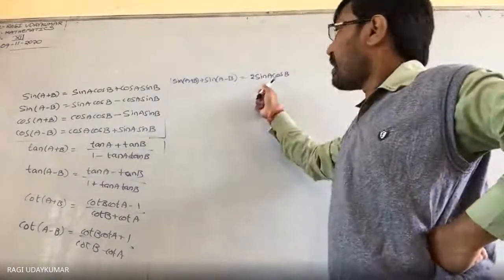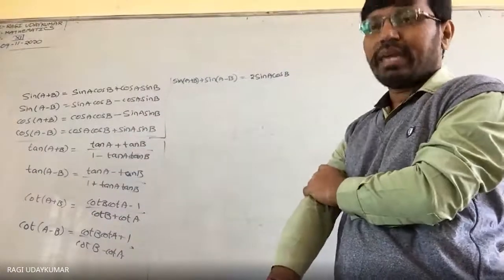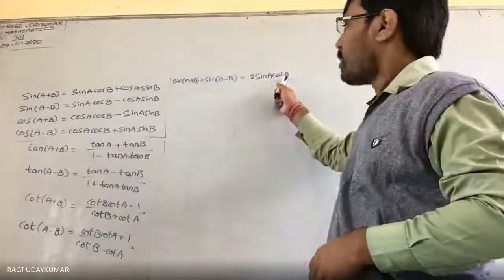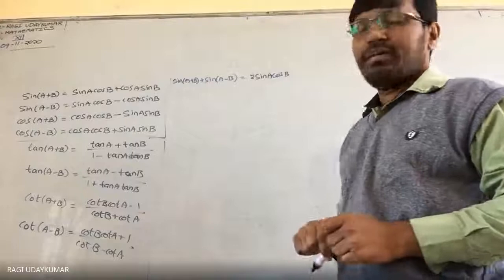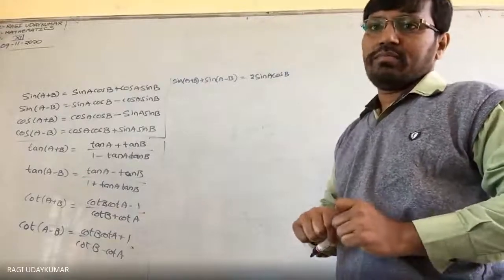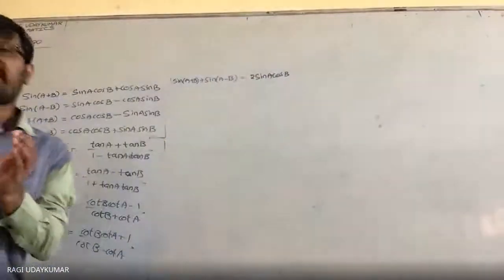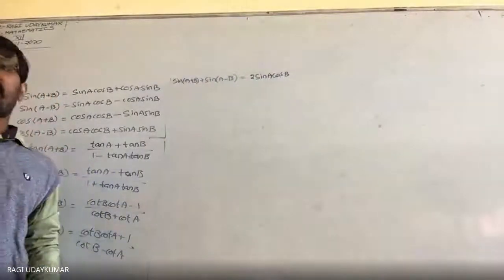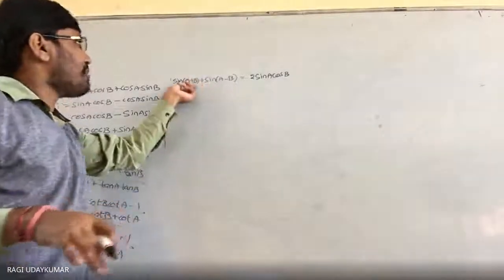This is very much useful to you in the coming exercise problems, because sin A cos B is given. So you can write 1 by 2 of sin(A plus B) plus sin(A minus B). If it is given in the product form, you cannot integrate a product, so you have to split it into sum form. Sum form means this sum and this sum.